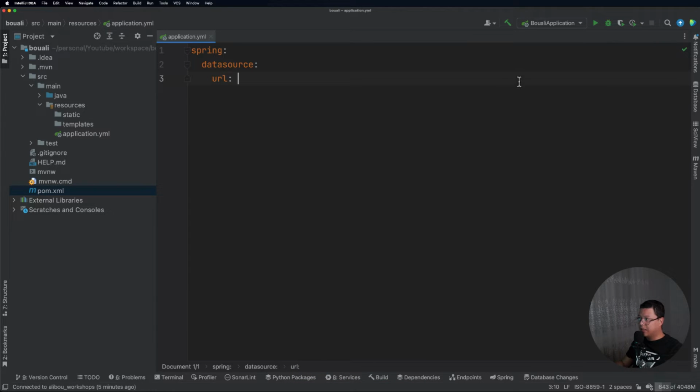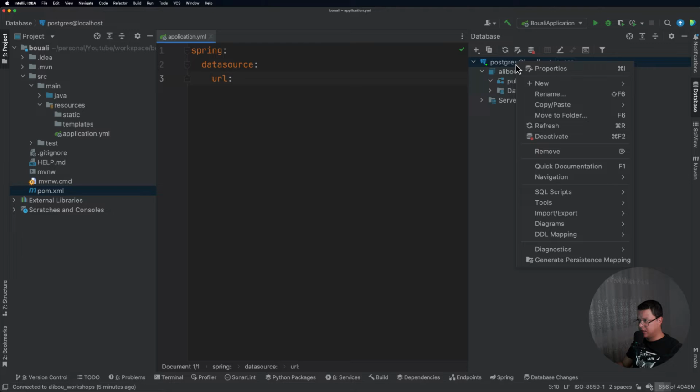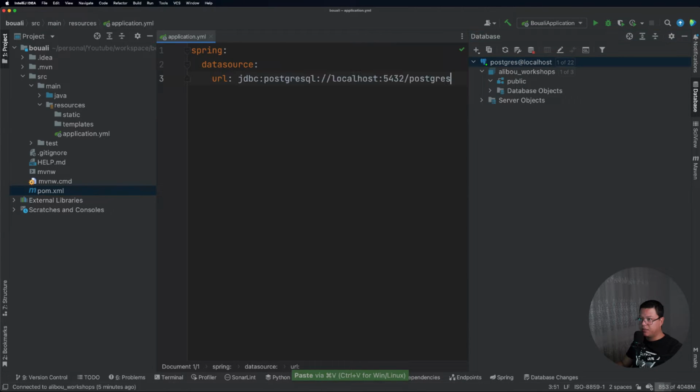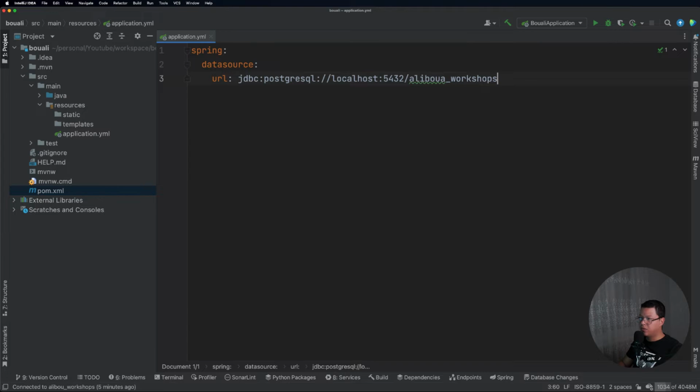As I mentioned when we were connecting to the database, you need this connection string, and here when you right click and show the properties, you will find it here. So this is our connection string, and this is going to be our URL, but the database, as we mentioned, is Alibou_workshops. Let me close this. So this is our URL.